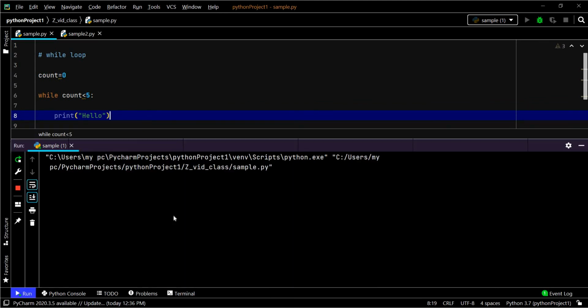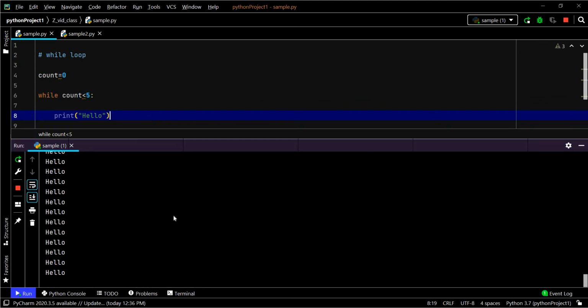Let me run this. It keeps on printing hello because the count is always less than 5. The condition is always true, so it keeps on printing in an infinite loop. So we need to stop that. Let me just cancel the execution.